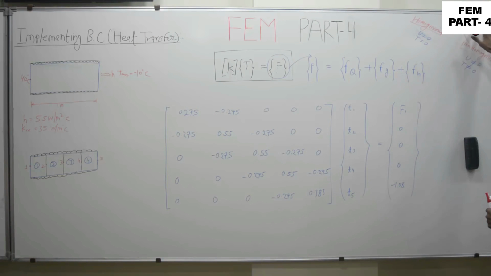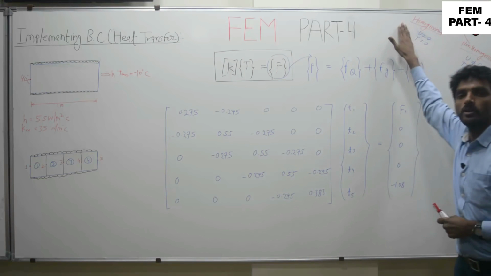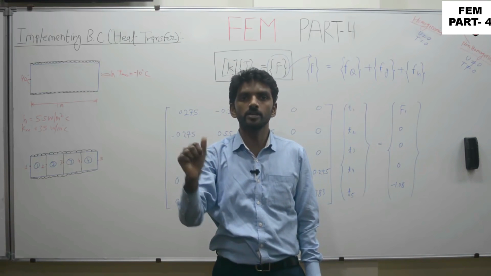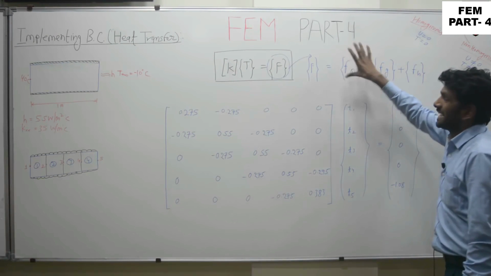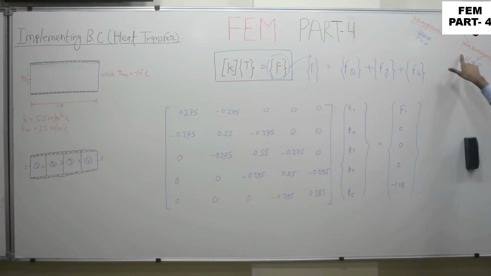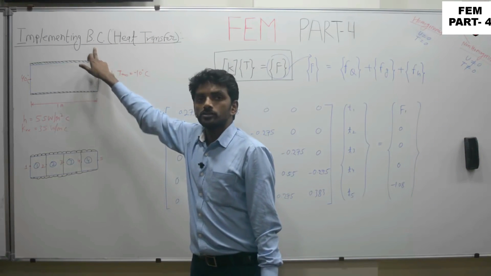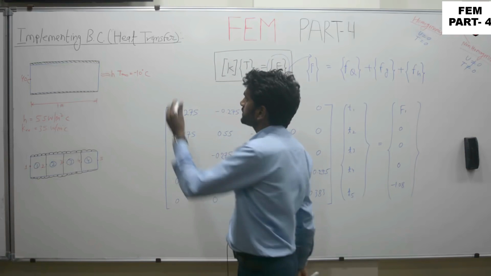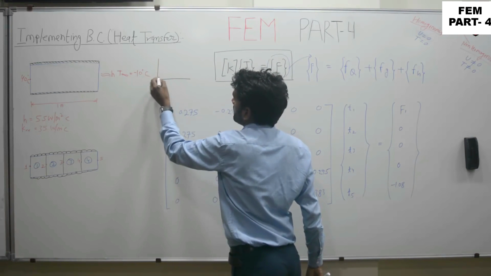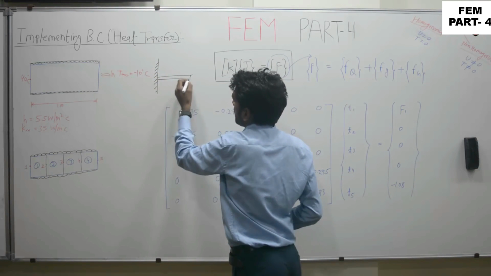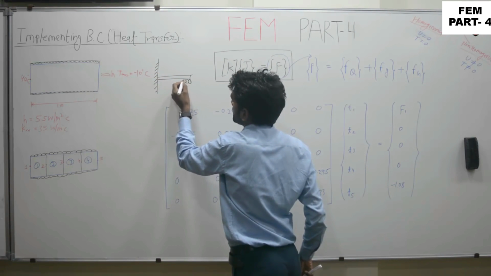There are basically 2 types of boundary conditions. One is homogeneous and one is non-homogeneous. Homogeneous boundary condition means at a particular node the value of displacement or temperature is 0. In the second case the value of displacement or temperature is not 0. Basically, while applying the boundary condition for a structural problem, we were having a simple beam, either simply supported, cantilever or roller supported at a particular end.